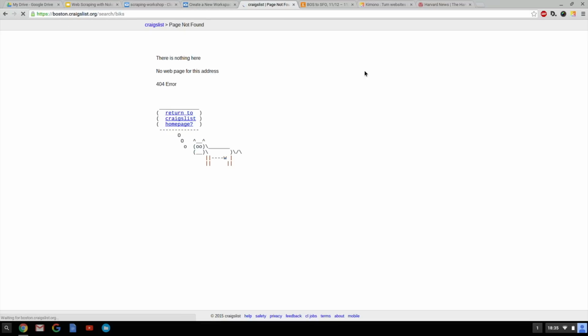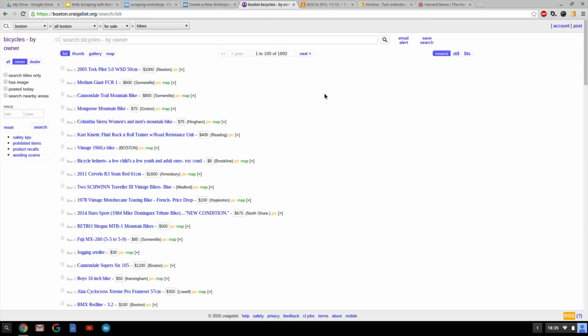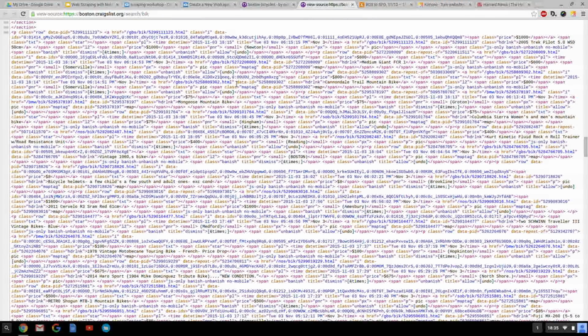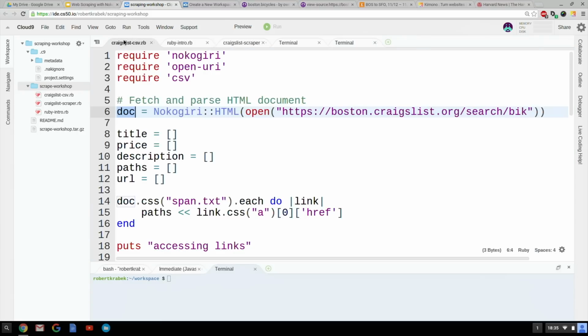code, if you look at the URL for Craigslist in bikes, for some reason is not found. If you look at this page and you look at the URL, this should be identical to the curl request that I just sent. And indeed, that's what's being stored in the doc variable. So when you go back to our code,